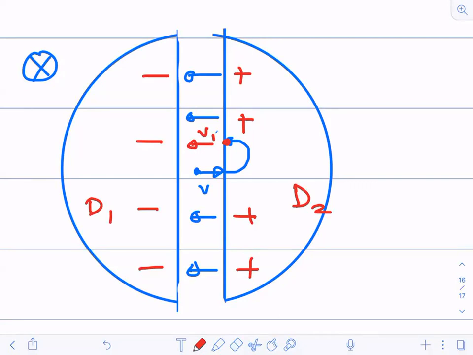Its velocity increases. Okay, so its velocity increases and it reaches here. Now with increased velocity, when it reaches this point, it will make a greater circle, because we have studied that as velocity increases, radius increases. Now again when it reaches here, you are seeing that again the electric field is in this direction, and my charge is flowing in this direction.